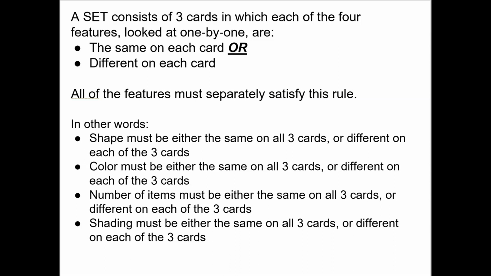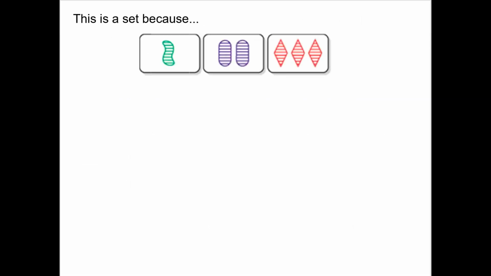So in other words, for the 3 cards, all the shapes are the same or all the shapes are different. The color is all the same or all different. The number of items is the same or all different. The shading is the same or all different. So let's take a look. This is a set because